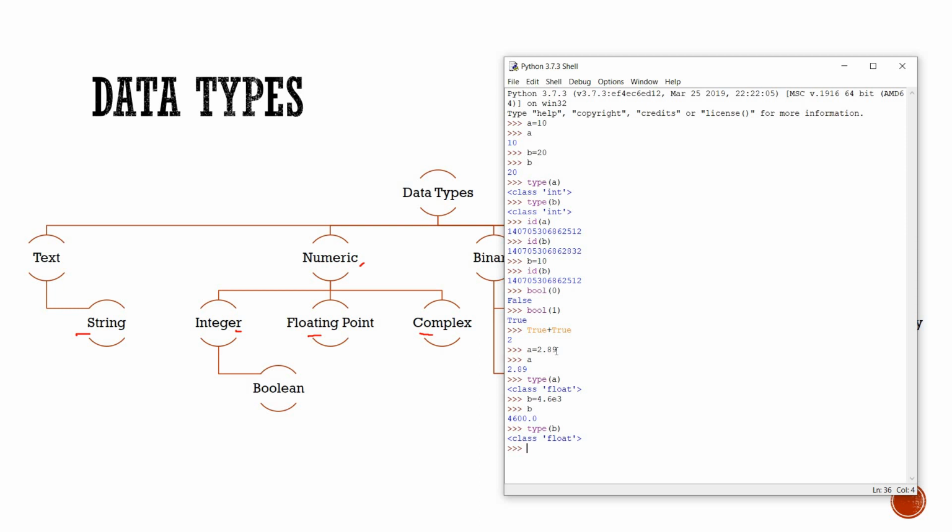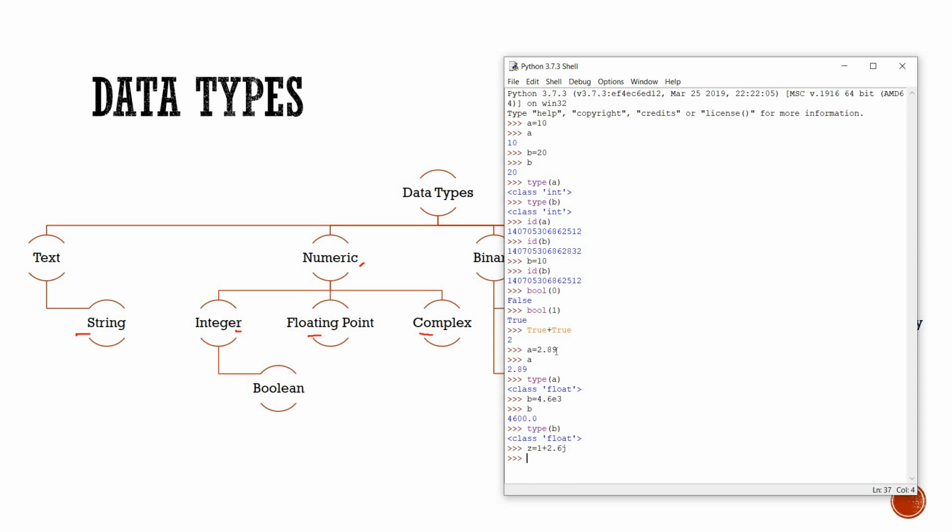Now we are moving towards the third type, which is complex. I think you all are familiar with the complex type, which has iota and the format of a real number and an imaginary part. Now let us try to store that. Here I am storing Z is equal to 1 plus 2.6J.